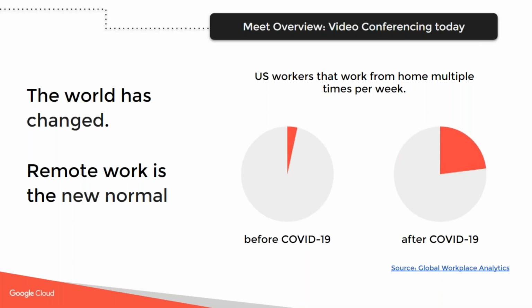But what made this transition easier for, I'd say, nearly all of our clients was the ability to rely on Google Meet video conferencing and its seamless integration with G Suite. By leveraging Google Meet for internal and customer-facing communications, our clients can quickly and efficiently meet face-to-face from any device and from any location. When we take a look at some of the numbers, before COVID-19, roughly 80% of US